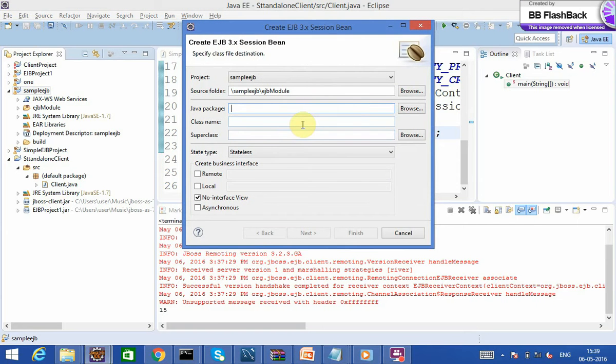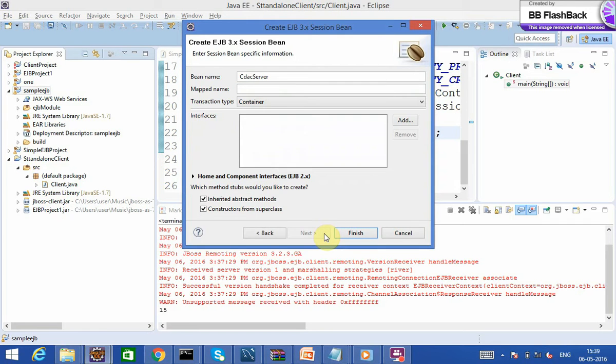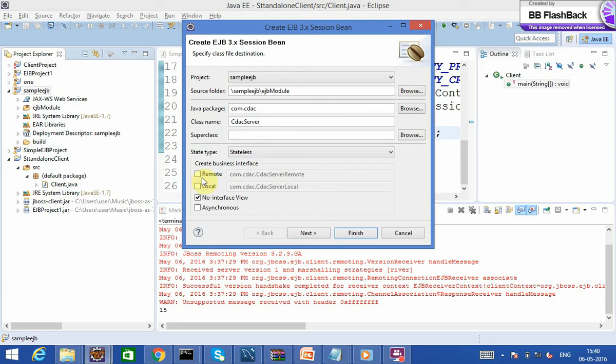Give some package name for your session bean and then give some name for your bean. You can select remote and local.